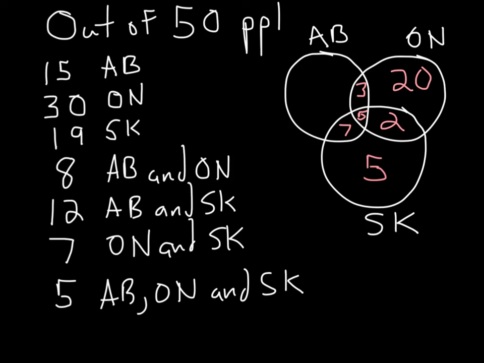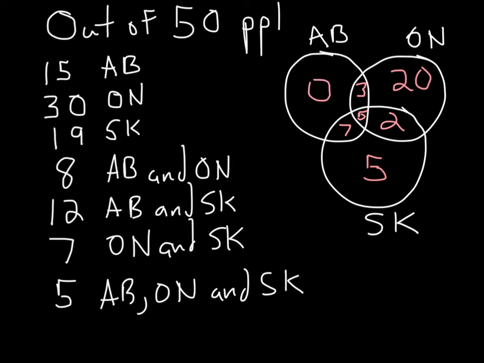And then the number of people that have been to Alberta without being to the other provinces, well, how many people have we taken into account? We've taken into account 7 plus 5 is 12, plus 3 is 15, and we know 15 people have been to Alberta, so there's nobody in this part. There is nobody who has only gone to Alberta without visiting